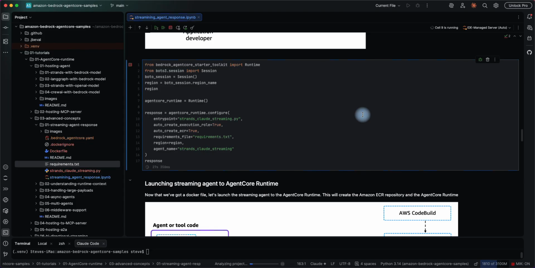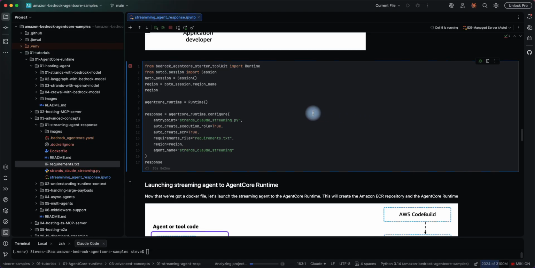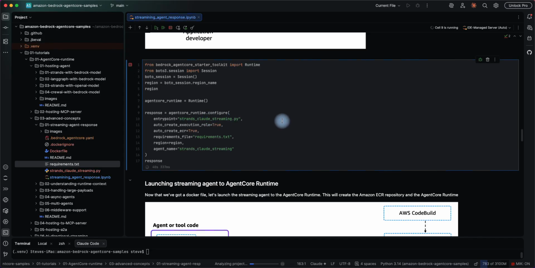So all of these are done the same way. Just so you know, you are creating a runtime for an endpoint, and you're pointing to the entry point. In this case, it's an async definition, so it is going to support the streaming coming back, right? So we're just naming the agent streaming, but everything else is pretty much standard in instantiating the runtime